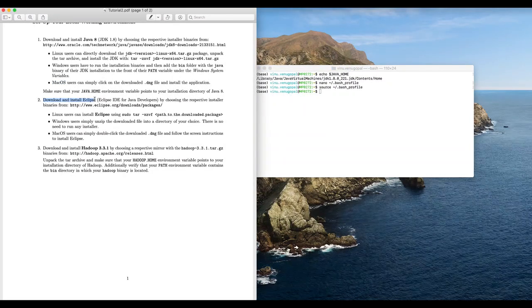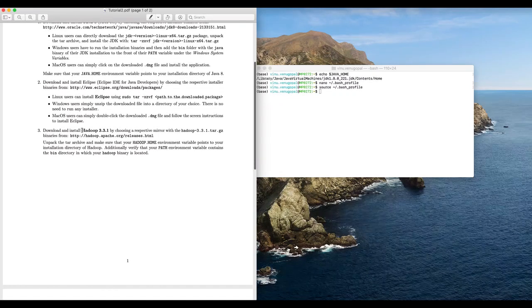And going back to the second point here, download and install Eclipse, you can go to this particular URL and download the respective version of the binary installer, and these are the instructions you are supposed to follow. I'm not going into the details of this installation here, and I'm actually jumping to the third point. The most important point here is to download the Hadoop 3.3.1 version. For that, you can go to this website,